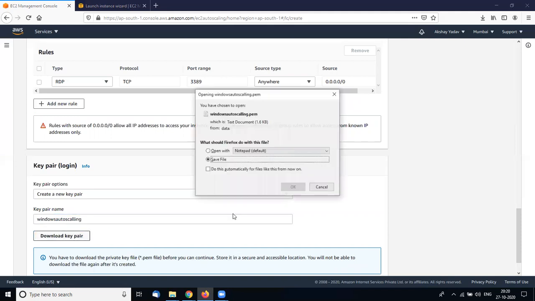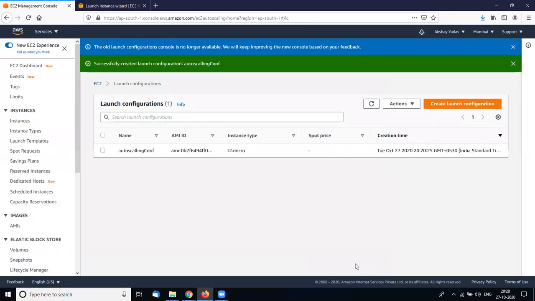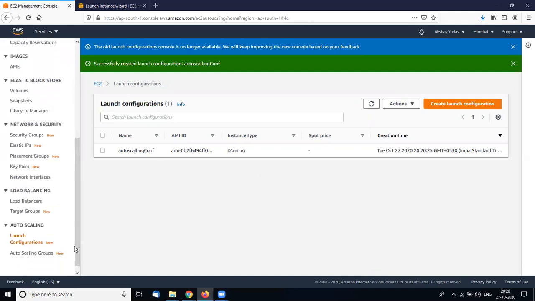I download it, save, and create the launch configuration.